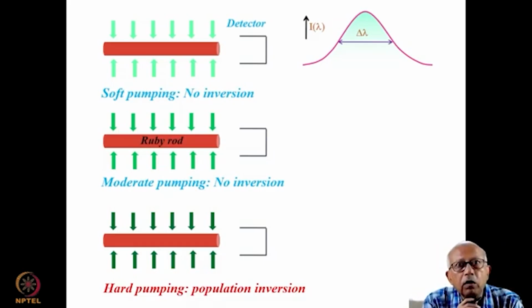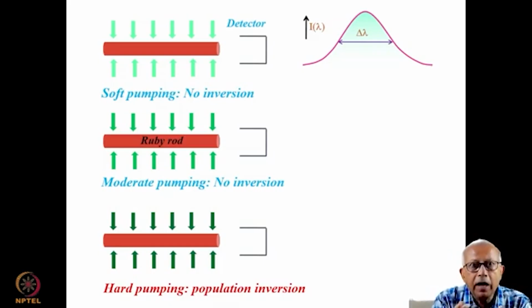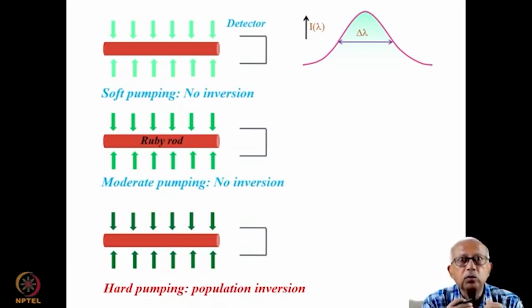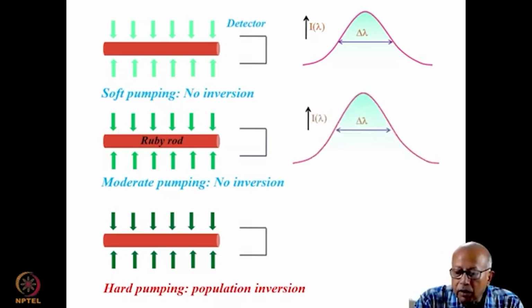In the second case, Maiman increased the intensity of pumping, but still not enough to create population inversion along the ruby rod. To increase the intensity of pumping, he had accordingly increased the voltage applied to the flash lamp. Because he pumped it with light of higher intensity, more ruby molecules are excited. Therefore, the intensity of the fluorescence of ruby also rose, as you can see here. However, the spectral width of the fluorescence remained invariant. It was just the same as before.